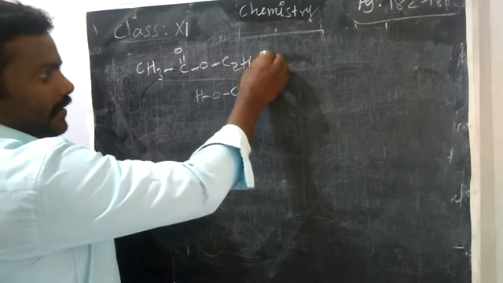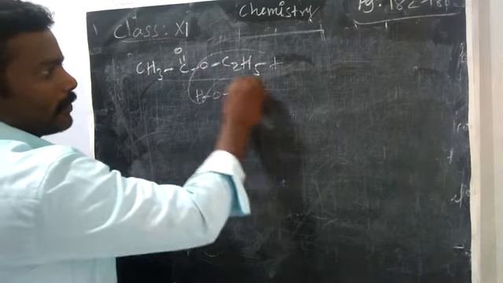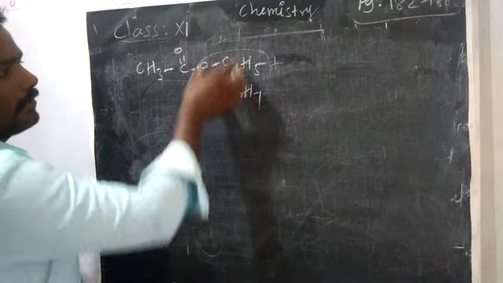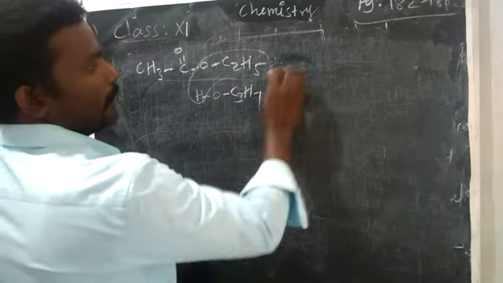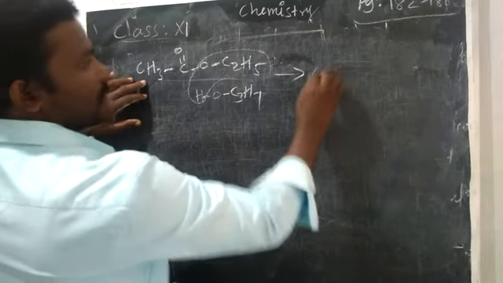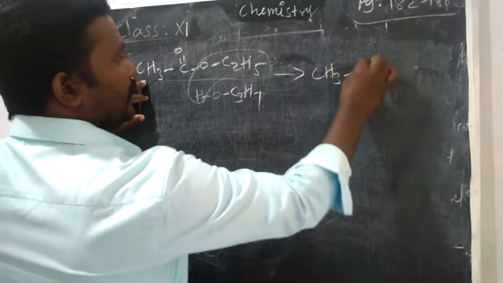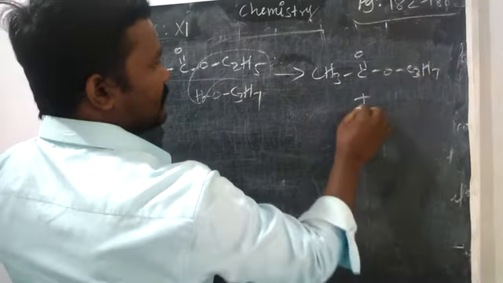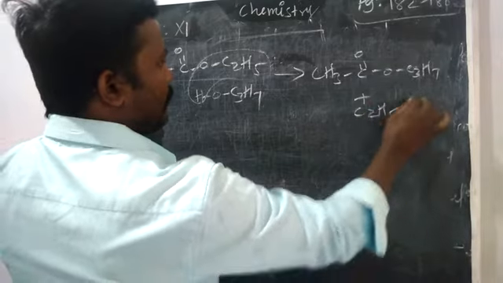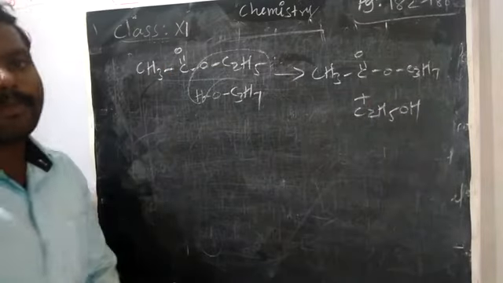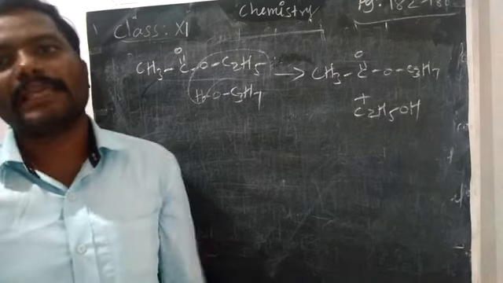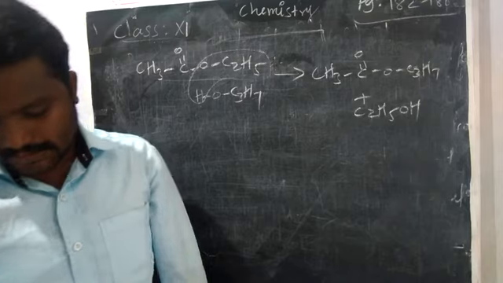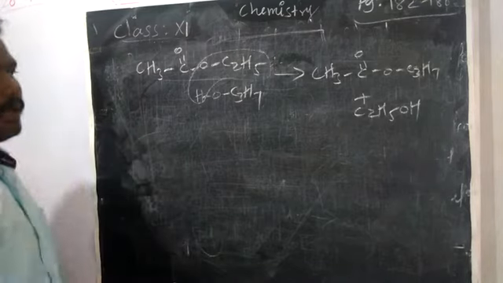The place of COC2H5 will form ethyl alcohol. This group you can substitute. Now the product is CH3C=O C3H7 plus ethyl alcohol, C2H5OH. So you can prepare lower ester to higher ester. That means from an existing ester you can prepare another ester with a higher number of carbon.